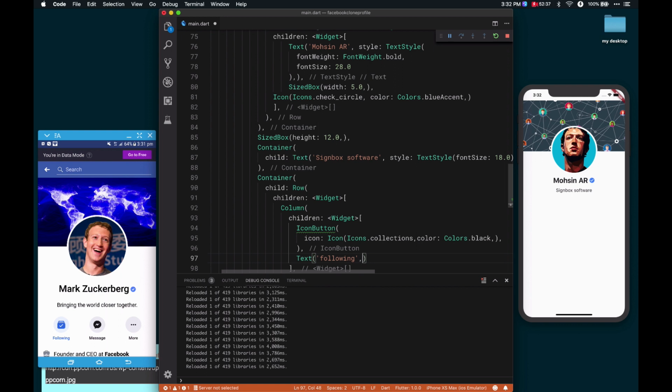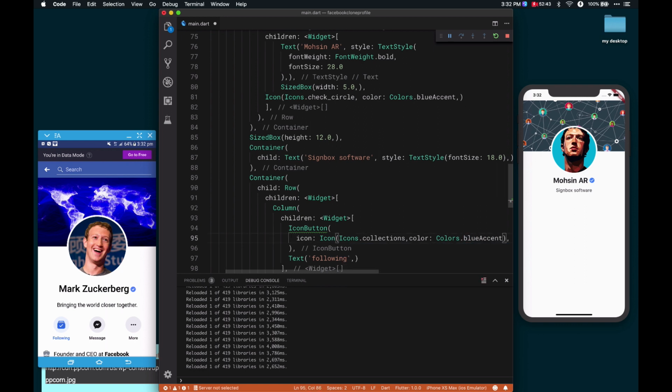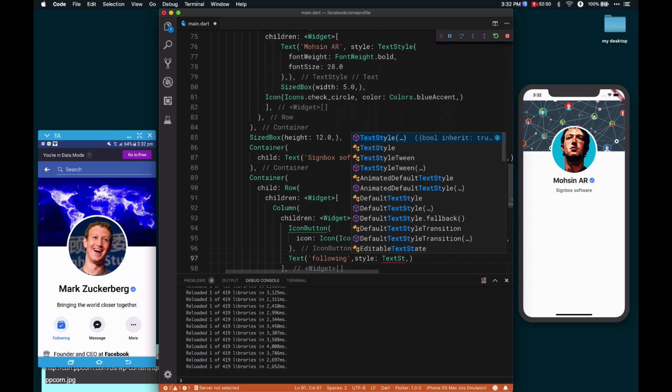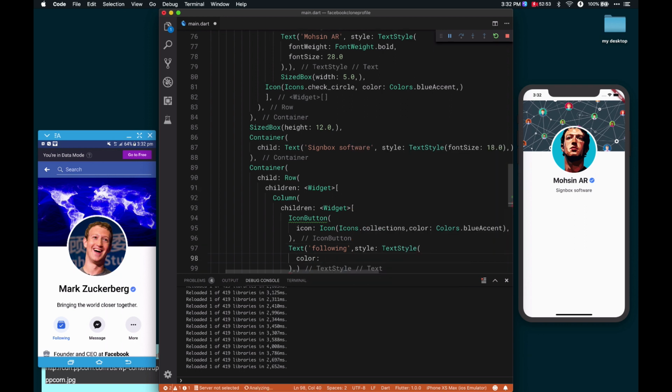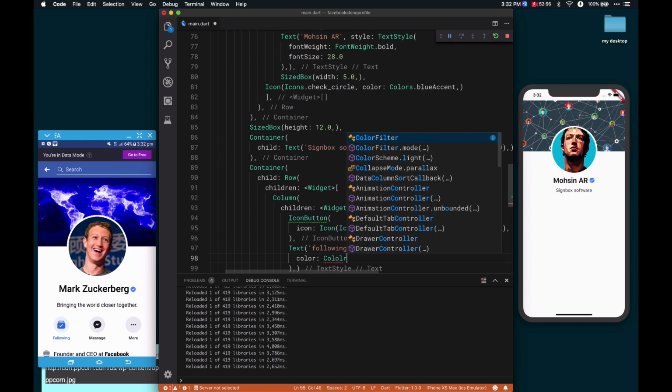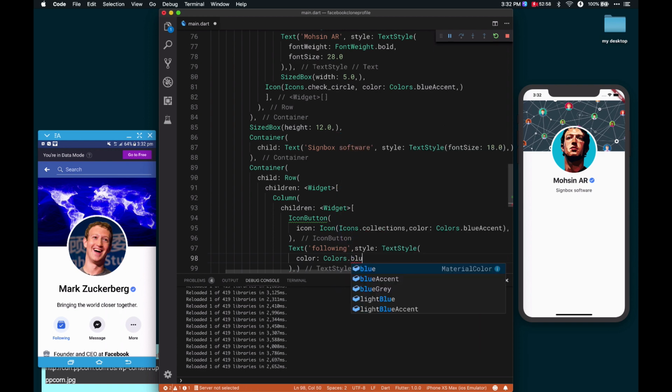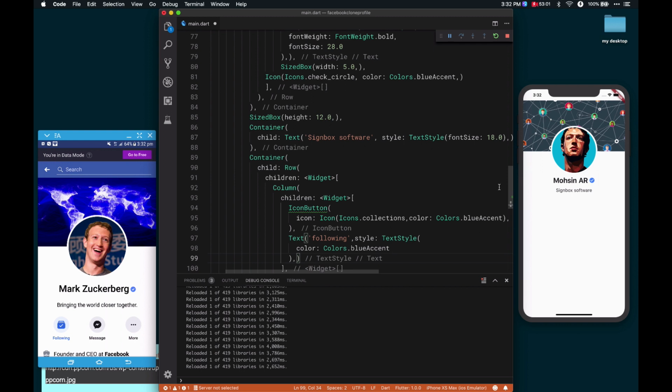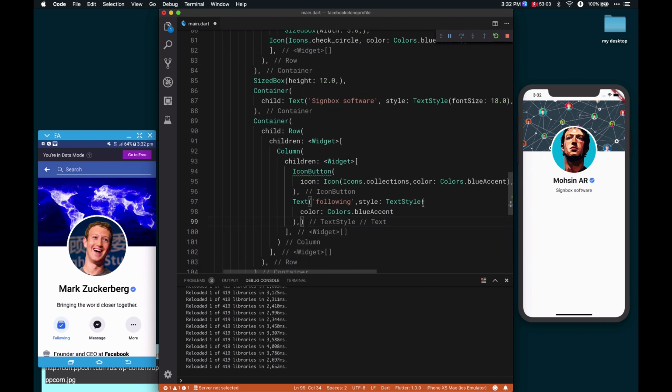and for this I need to use a blue color. Okay, and for the text there's a style. The text style property, color, Colors.blue. Okay, and now save it. Okay, and